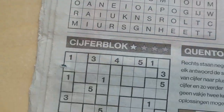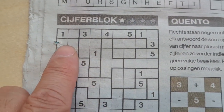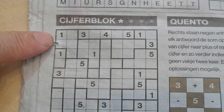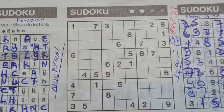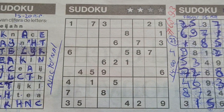So two puzzles remain: the tectonic with a 1 star. In Dutch they call it cipher block. In English, tectonic or jigsaw Sudoku. In Japanese, suguru. And the other one is the Two Stars Sudoku, and this will be number